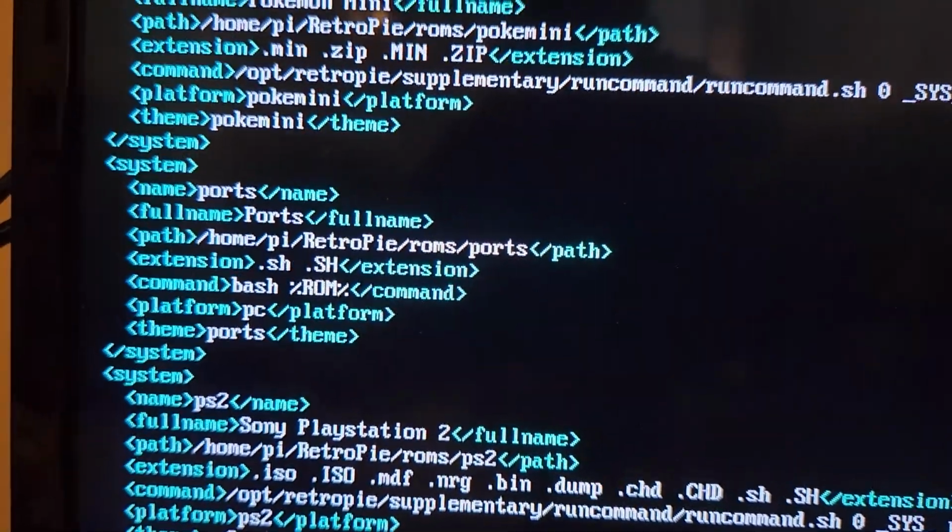So I'm hitting Control W, and then I'm going to search for ports. If we go down to ports, the interesting thing is, under it says bash and then the ROM. So basically, if you were to go to where the configs for that are, you can cd /opt/retropie and then configs. So I'll clear this. So ls. Well, that's not what I mean. If you guys can see, here are all the different configs. So if we go to ports,